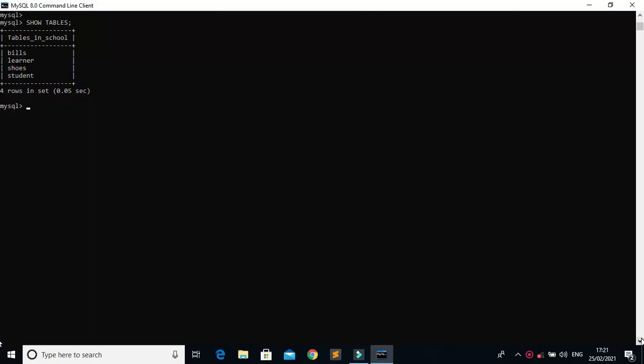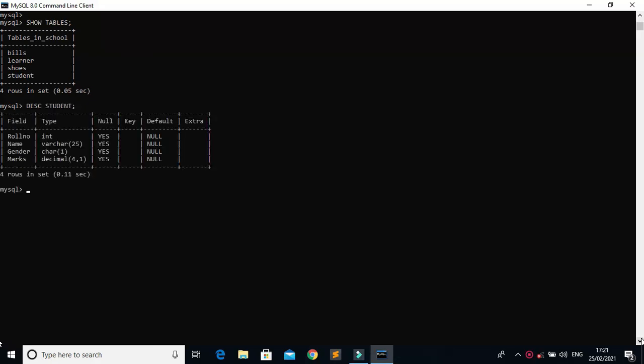Now if we want to add a column named games in a student table, we can use the ALTER TABLE command to add a column named games in that existing table. So let's first describe the table student. Here we don't have a column named games, so we can add it using the ALTER TABLE command.